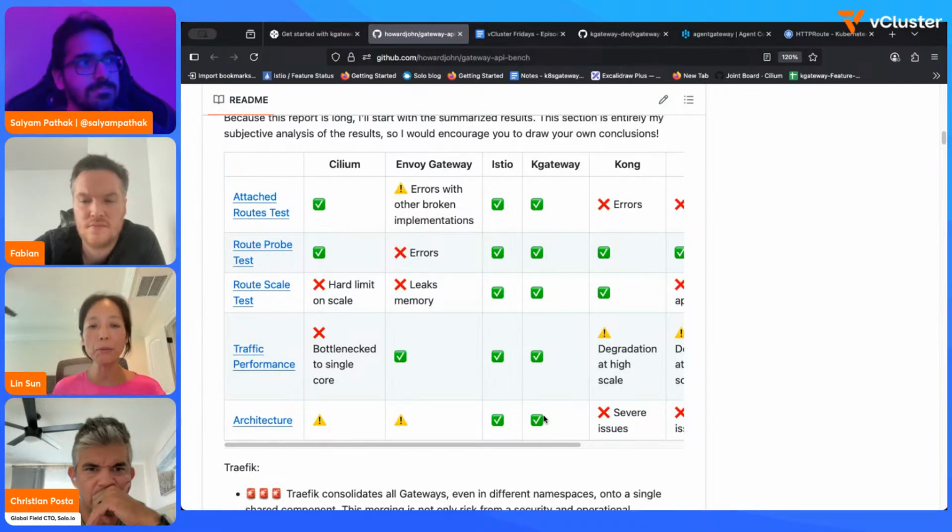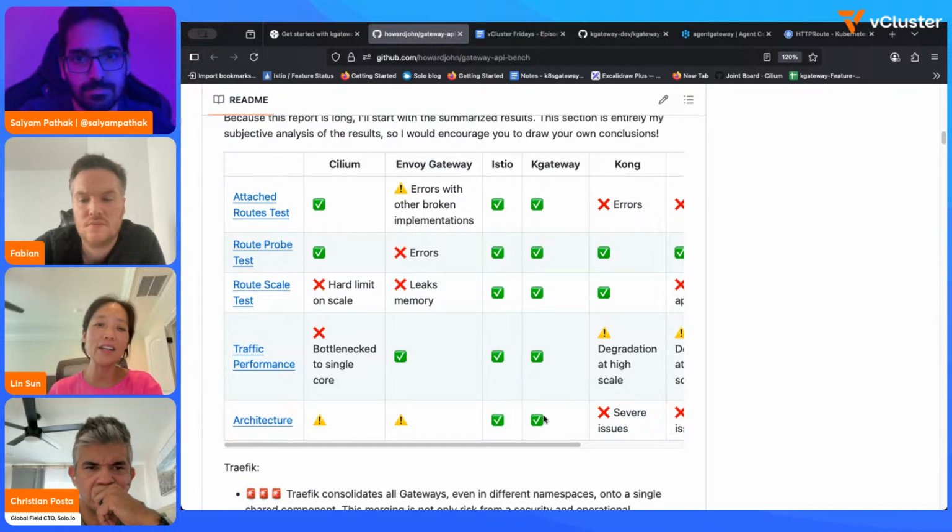That's when the control plane architecture becomes important, because it's critical for the control plane to not recalculate all the existing endpoints and services, and to be efficient about what configuration needs to be pushed to the Envoy proxy. And this is where kgateway and Istio really shine, if you look at the test results. We do believe we have the best control plane architecture, so we were not shocked by the results because of that.